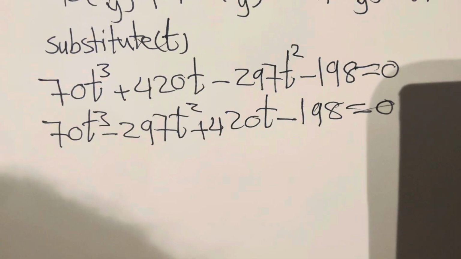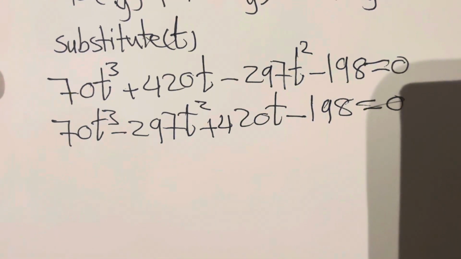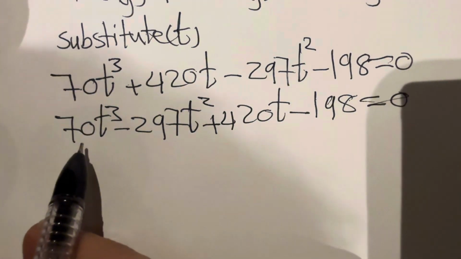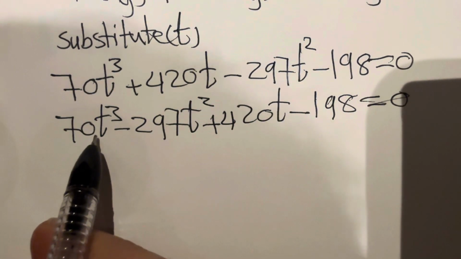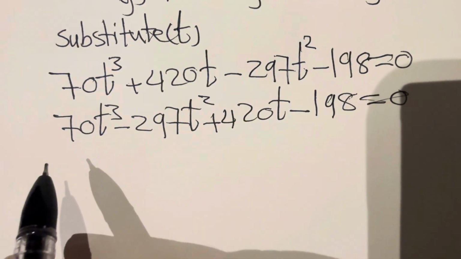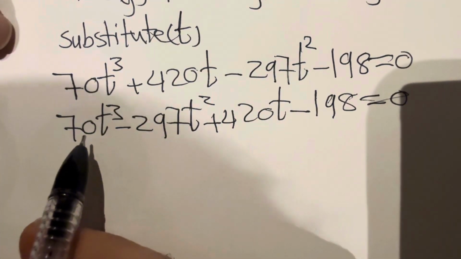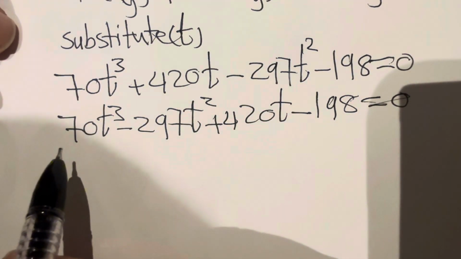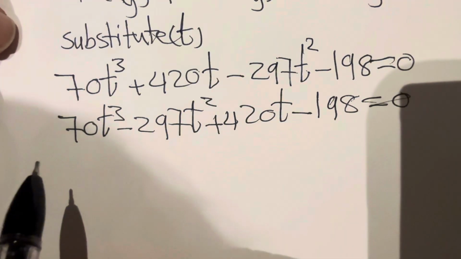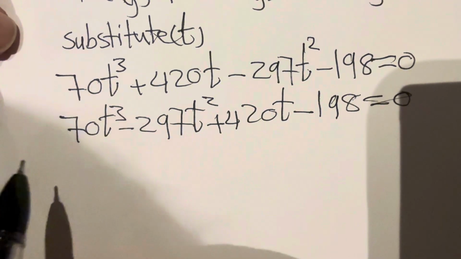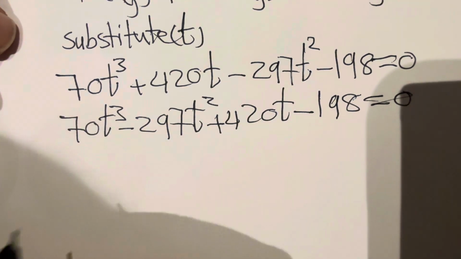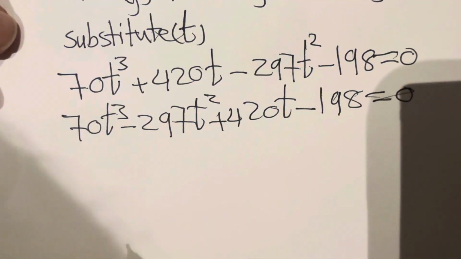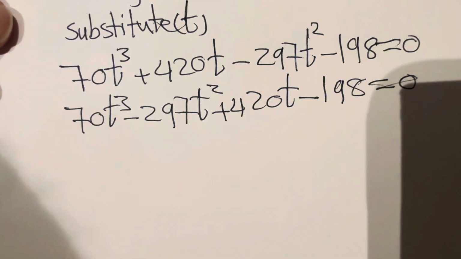Then we get a polynomial. This is our polynomial. We have a coefficient in front of the t cubed. t has a power of 3, and we have a coefficient in front of the t, so this is the rational root theorem. So we can use the rational root theorem to work out one of the roots of the equation. So what the rational root theorem says, if you